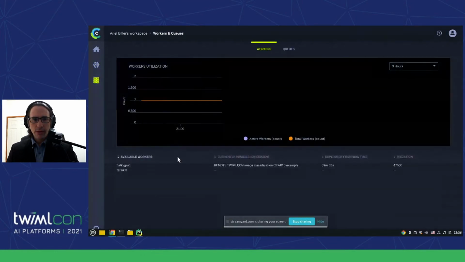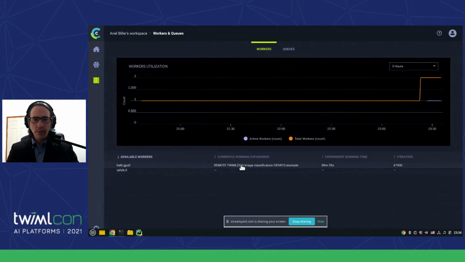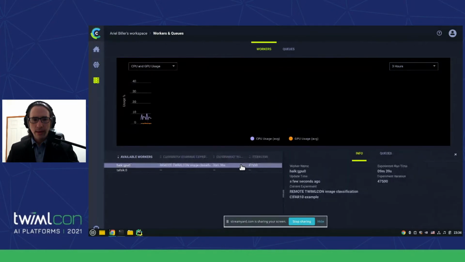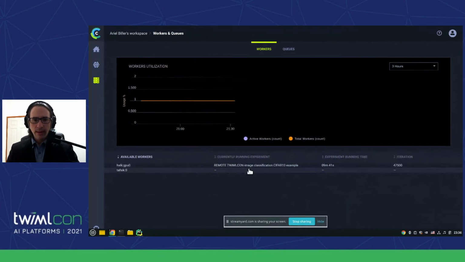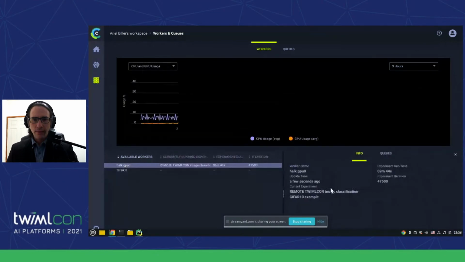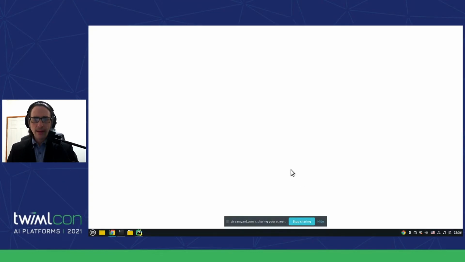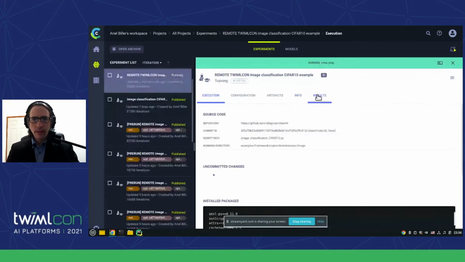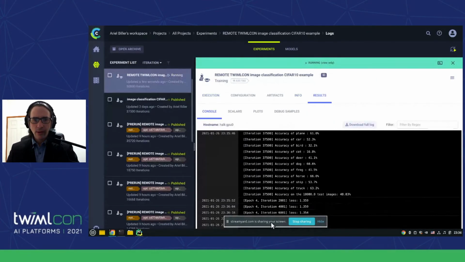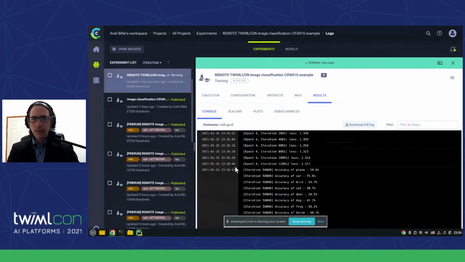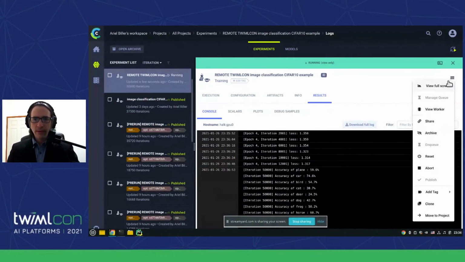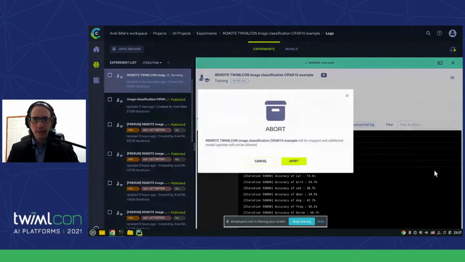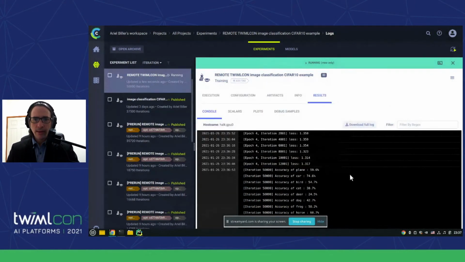It's because the GPU is held up with the TWiMLCon task I ran before. Let's see where that's at. What is it doing? It's on epoch 4, and I said 6 epochs. Well, no biggie. I can abort the task from here.